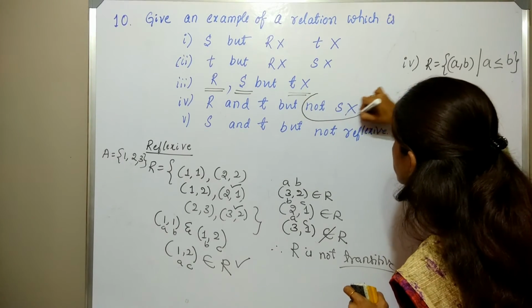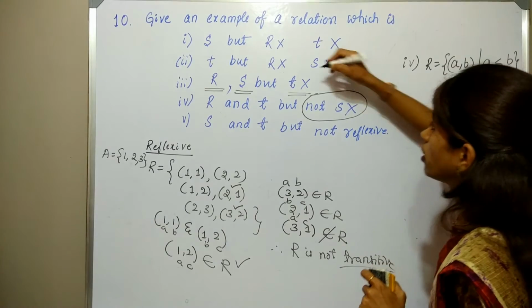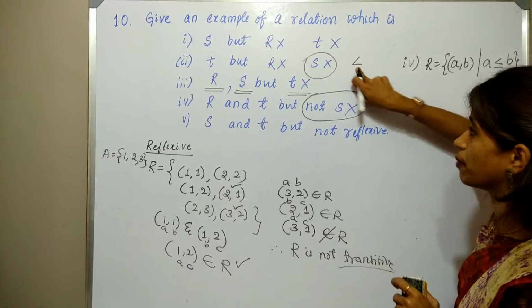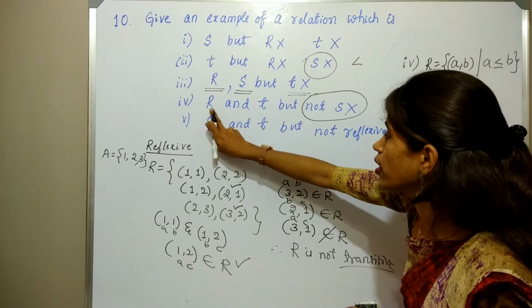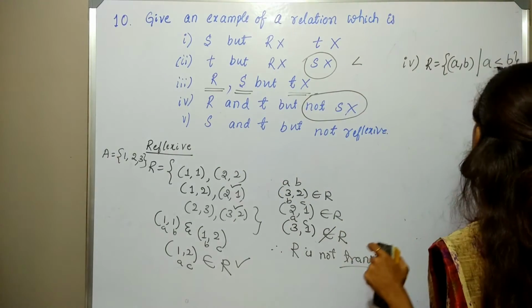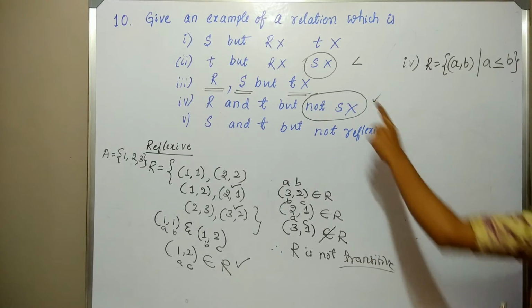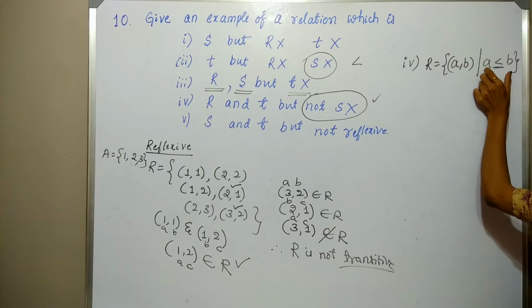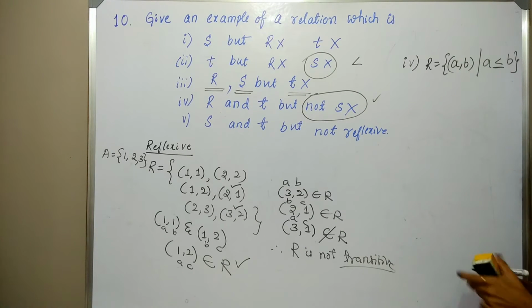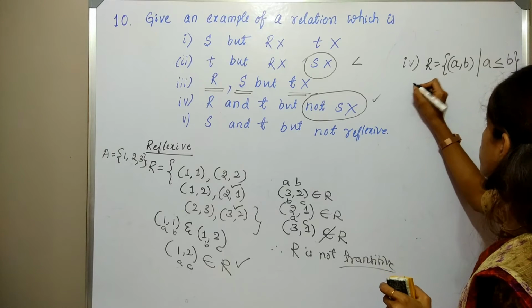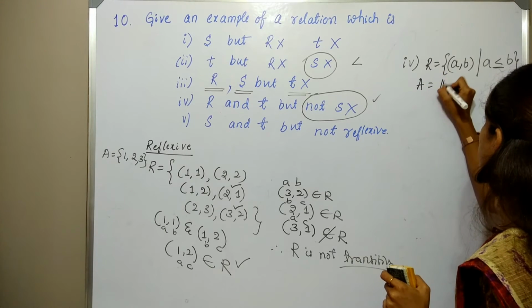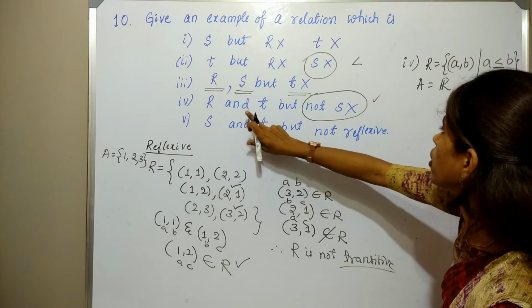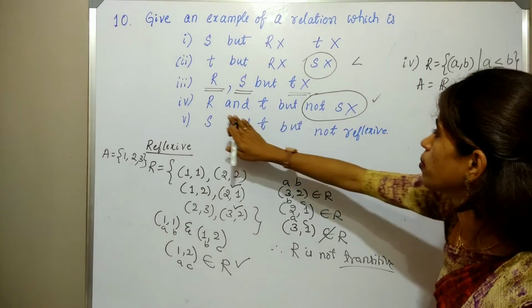Here not symmetric. Here also not symmetric. For that case you use less than because here reflexive not. Here it should be reflexive, therefore I am using less than or equal. Is it okay? For symmetric, if they ask for not symmetric, you must remember A less than or equal to B or A strictly less than B. So now check, what is the set here? Set of all real numbers, or you can take natural numbers.